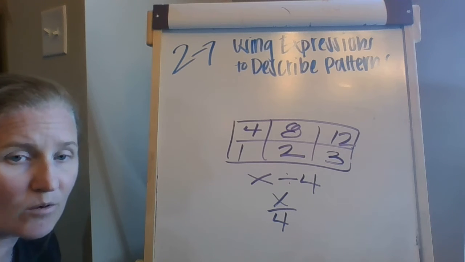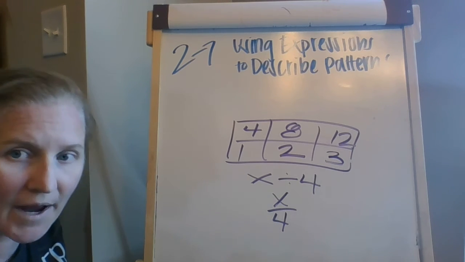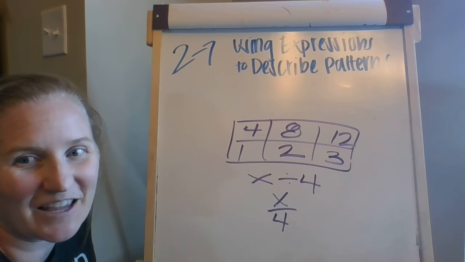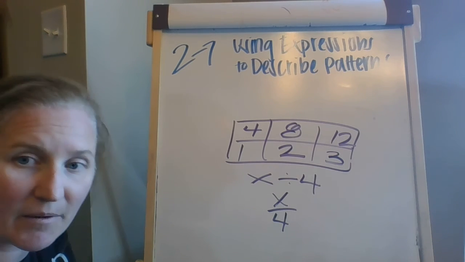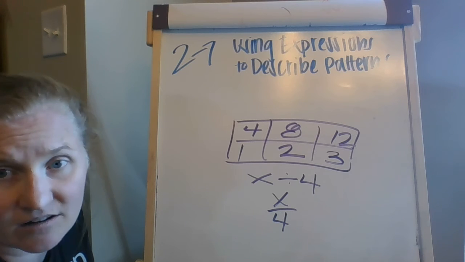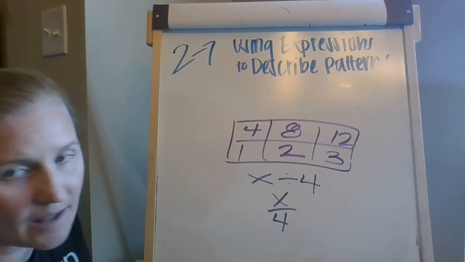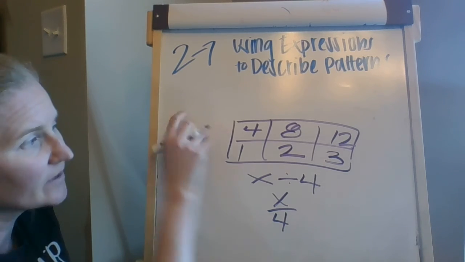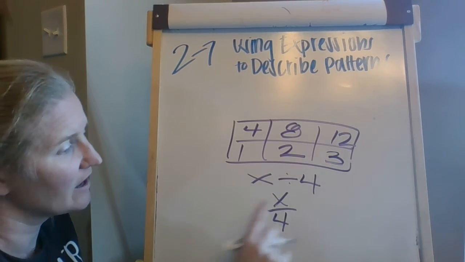Now, like I was saying, most of these ones are just going to have one operation, but there may be one where you might have to think a little bit harder, okay? There might be 2 different things, like maybe you have to multiply and then add. So taking a look at those ones. On your assignment, they're all going to look like this, where you're going to have part of a chart. You're going to have to fill in the rest of the chart, and then come up with